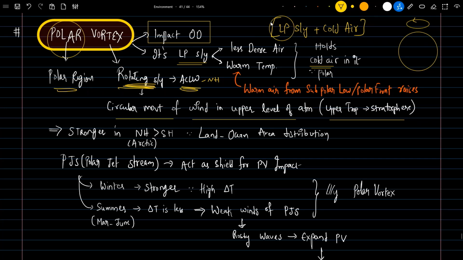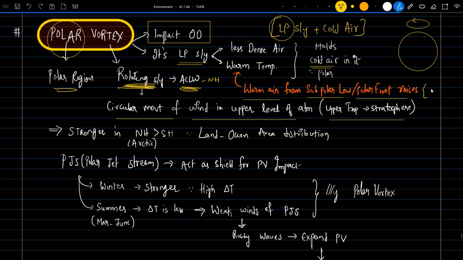So as it is a cold region, generally it should form a high pressure, right? So now why is it forming a low pressure? The simple reason is that there will be warm air from the subpolar low or polar front. This warm air will be rising, and the low pressure system will be formed in the upper layers of the atmosphere. To understand this, we need to go more deeply into the pressure belts, Hadley cell,